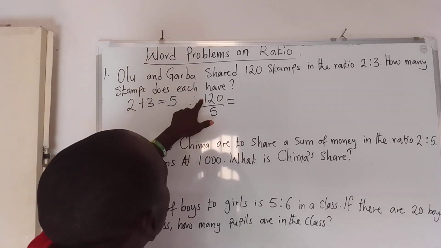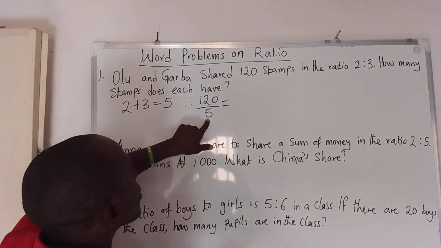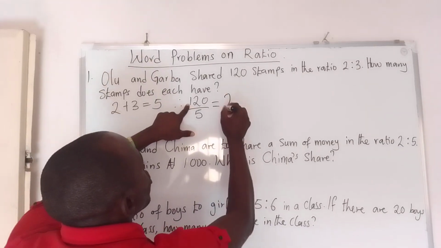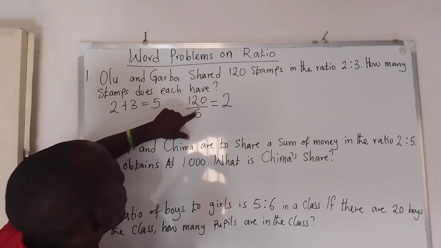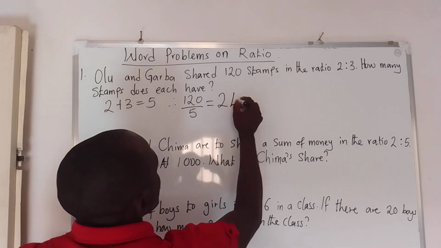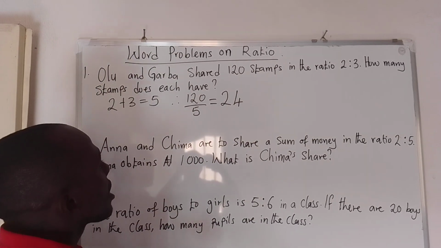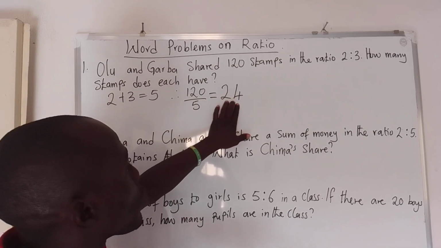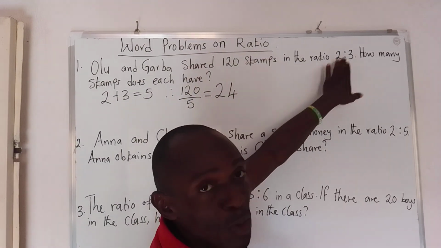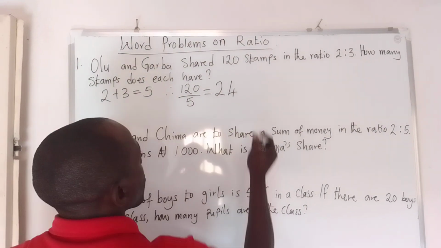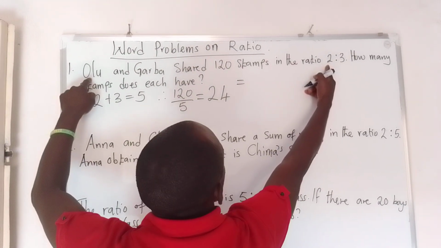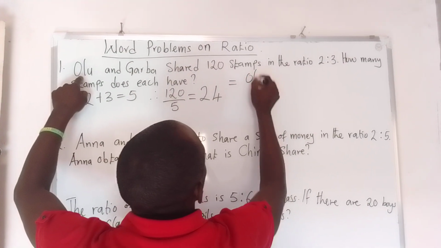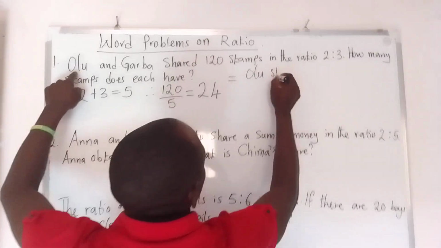So 12 divided by 5, or 5 will go into 12, it will give us 2. Remember 2. Place the 2 behind the 0, it becomes 20. 5 into 20 is 4, so we have 24. Now, for this 24, we have to multiply each of the ratios that they shared. Now, we have, which implies, for this 2, which belongs to Olu, for Olu's share,